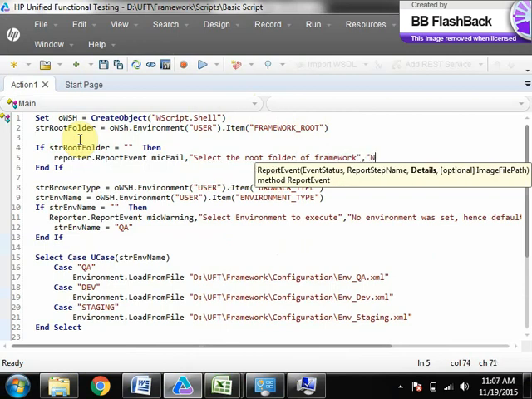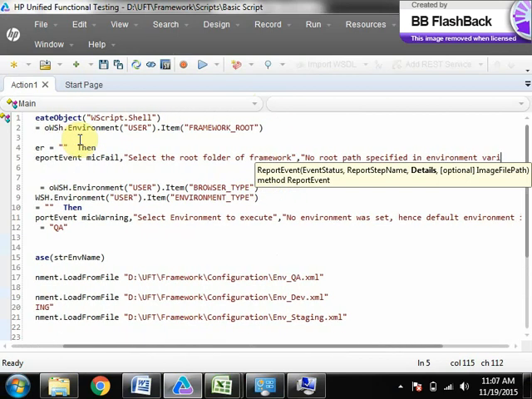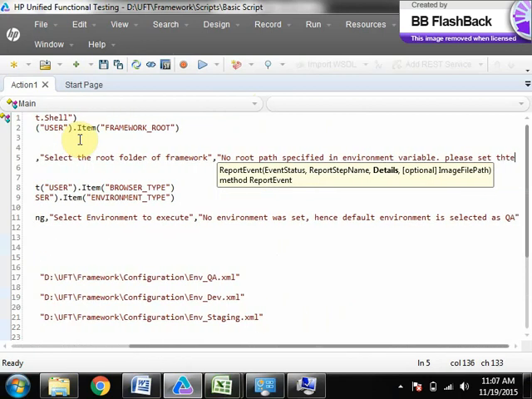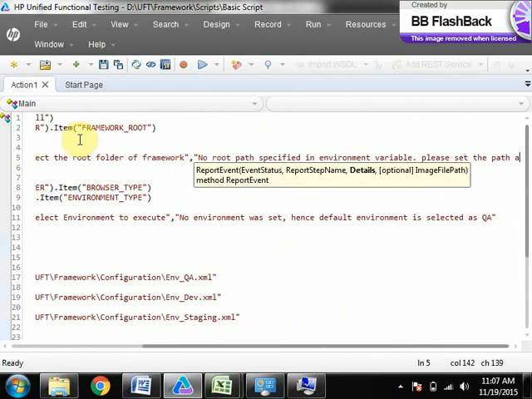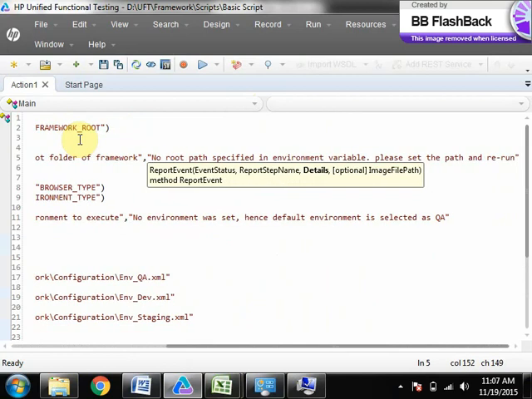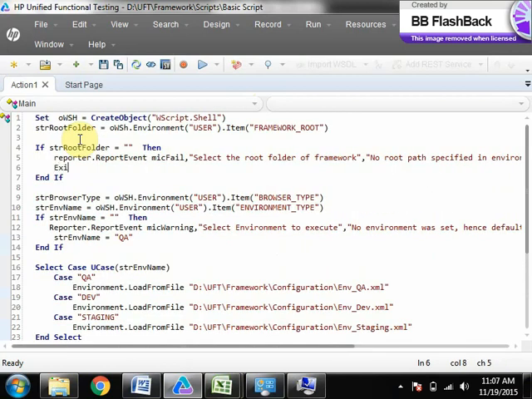Okay, so no root path specified in environment variable. Please set the path and rerun. Getting what I am saying here? Then ExitRun. You can stop it because if the path is not selected, remaining files and all will not be loaded. Configuration cannot be done.